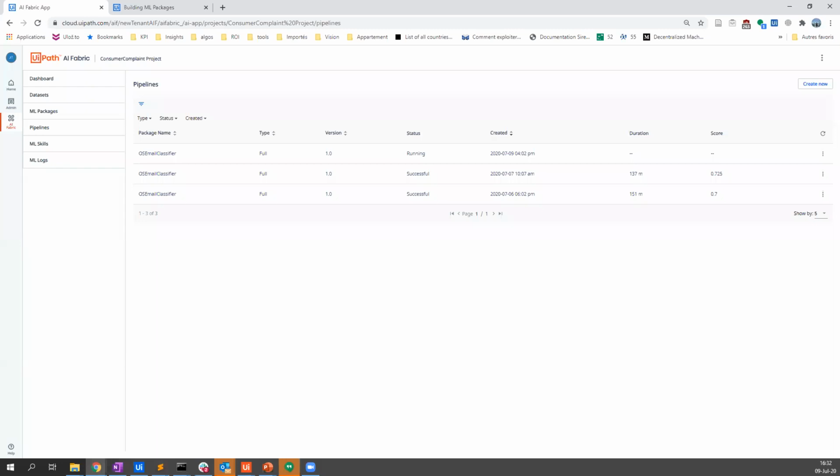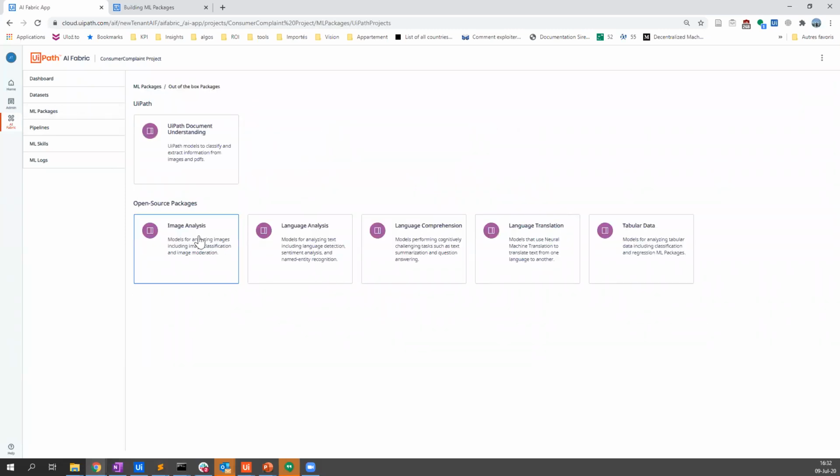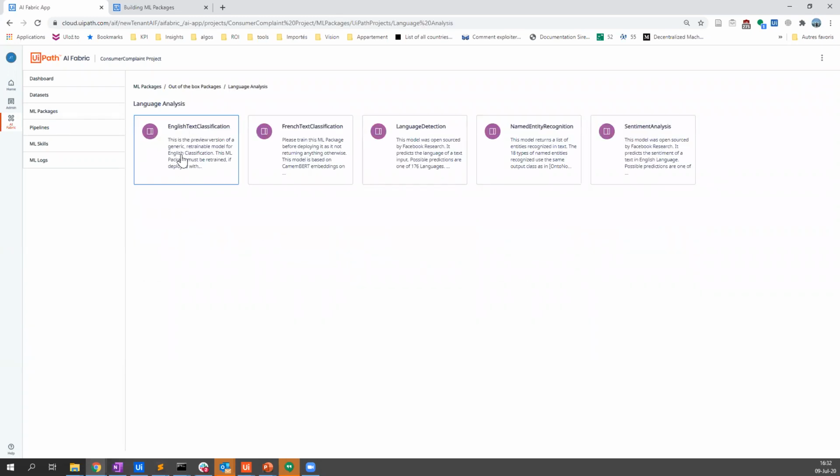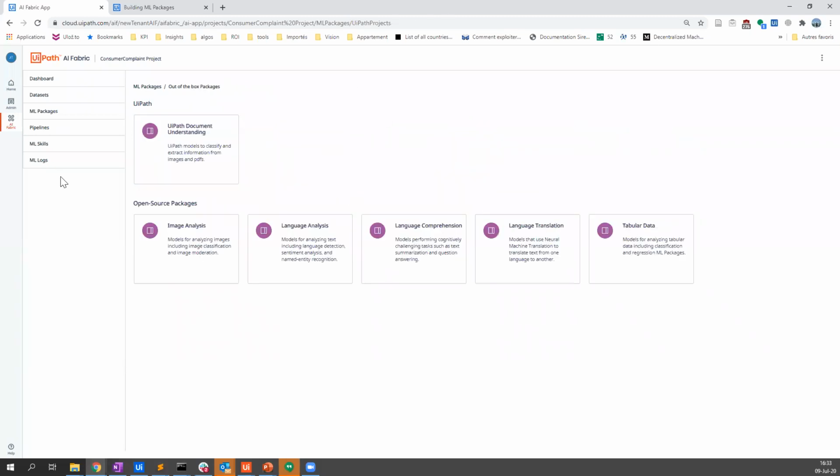Do we need to write our own Python file for a custom problem? I would say it depends on the problem. If it's a problem that you can solve with one of the files which are here, that's why we made these trainable. For example, English text classification is something very generic. You can have a lot of different problems, a lot of different classes, but you can retrain this model, so you don't need to create your own Python file. If it's something that cannot be solved with one of them, then yes, you need to build your own Python file and your own model for this.